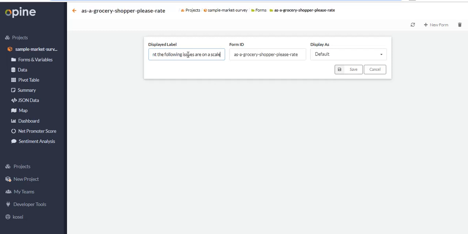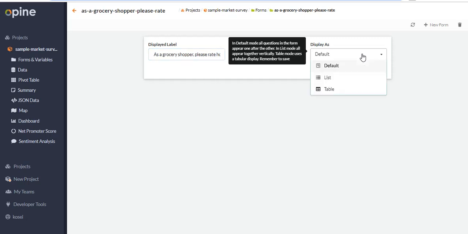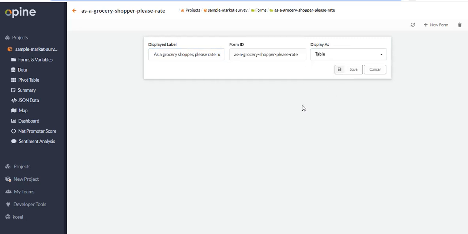That question I copied: as a grocery shopper, please rate how important the following issues are on a scale of 1 to 7. Okay, so I'm just putting that in the label, and that's what you will see when we render that table. And most importantly, I'm going to change this from default to table. Alright, so I'm going to save this,